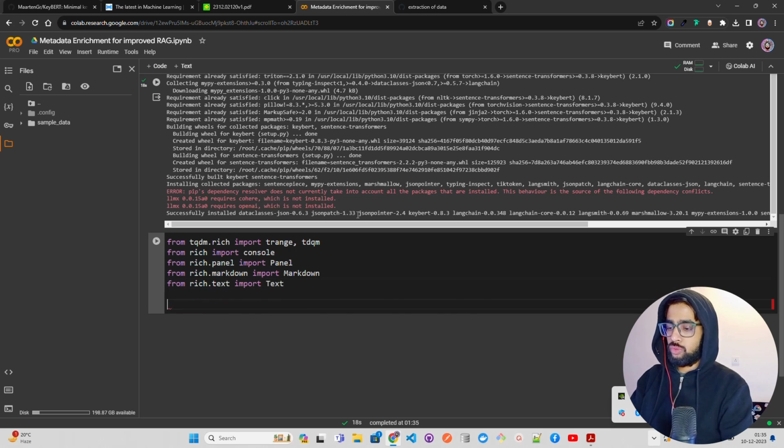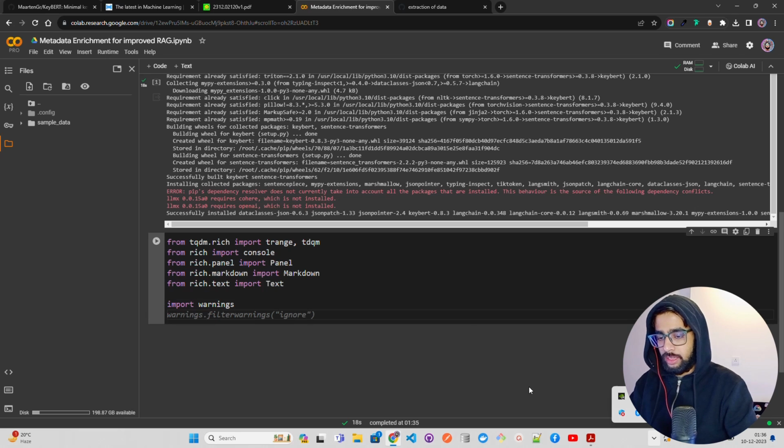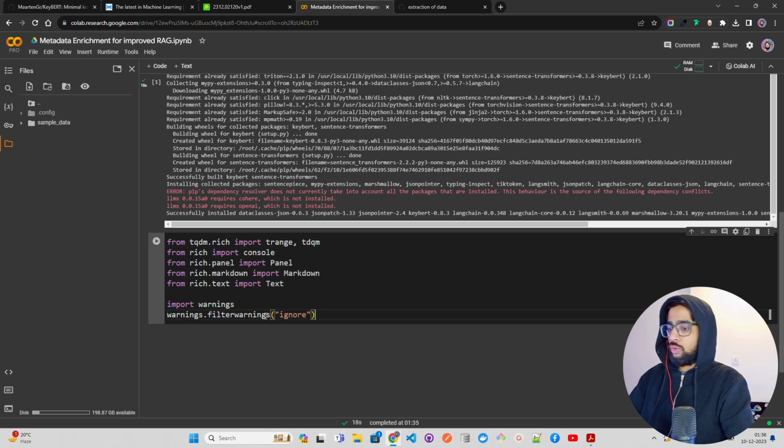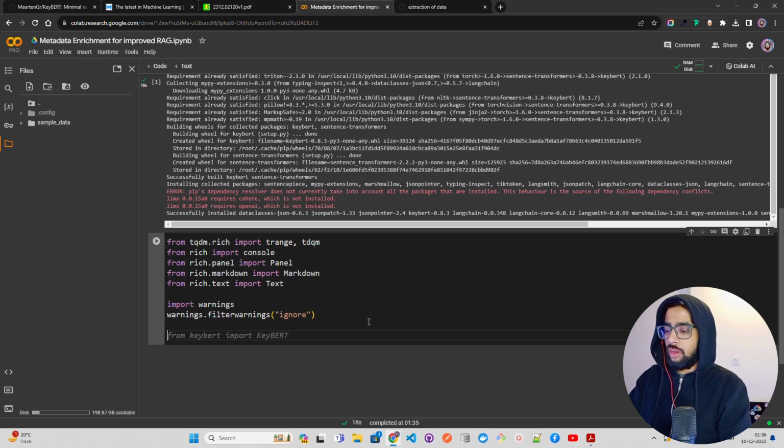And so this is on the rich part. Now let's import warnings, and then we can probably ignore the warnings as well. So warnings.filterwarnings, ignore. Okay, so that's the one part. Now this is on this. Now we need